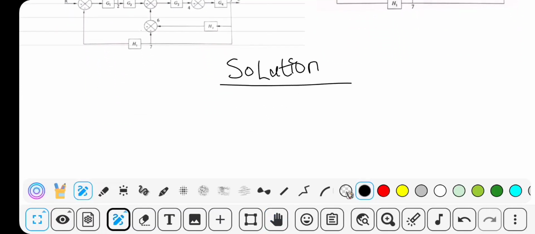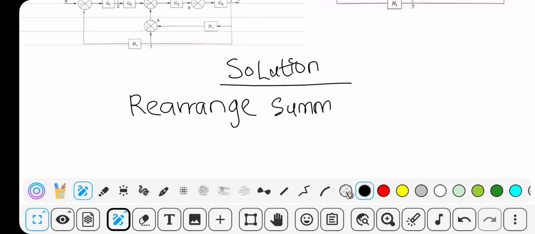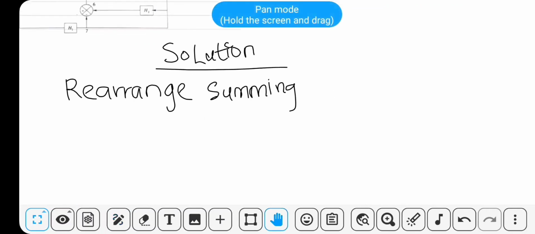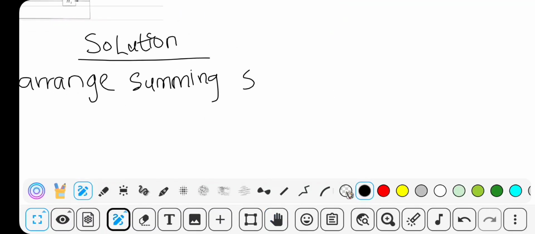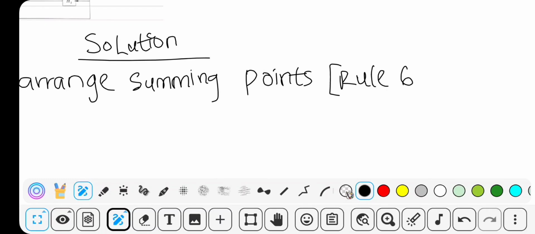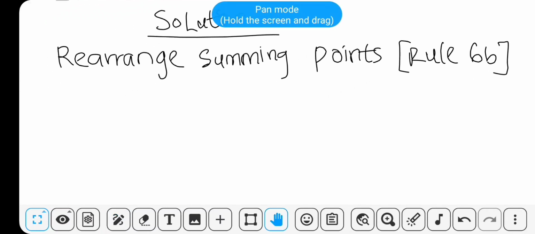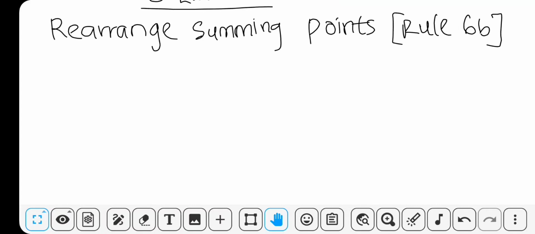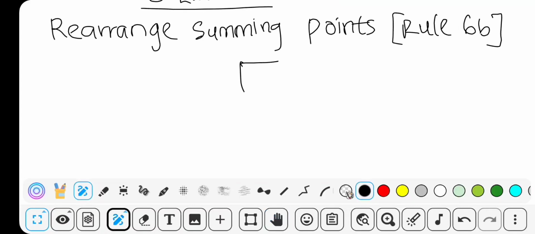So the first rule I'm going to use is the rule for rearranging summing points. In order to solve this, that's rule 6b. Rule 6b. So rearranging the summing points